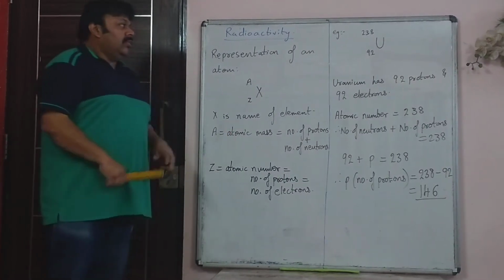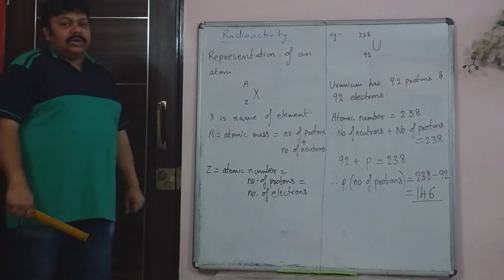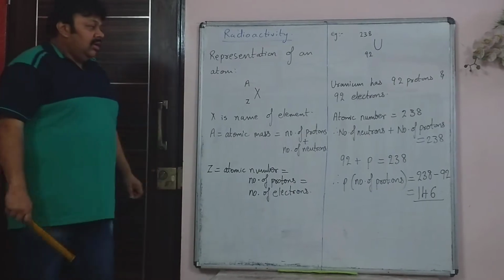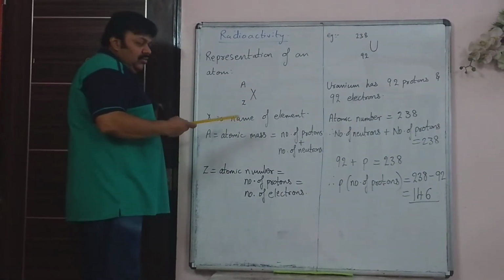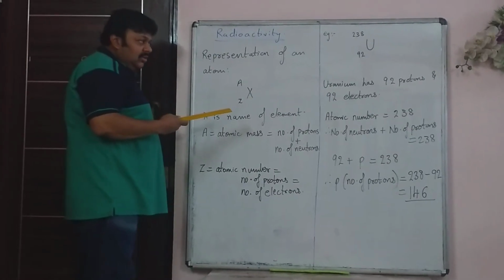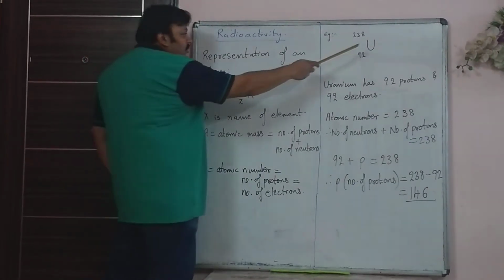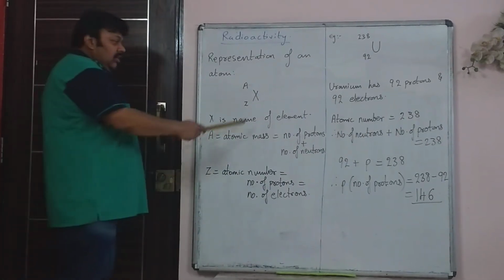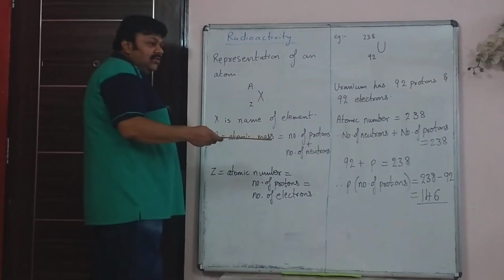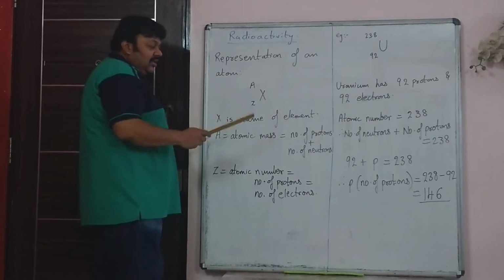Now, representation of atom, you have all done this in chemistry, you know it. X stands for an element, it may be any element. You've learned third row elements, all those elements. X stands, let's say, for an element like uranium. U is the symbol for uranium. So X is just the representation, it represents the name of any element.